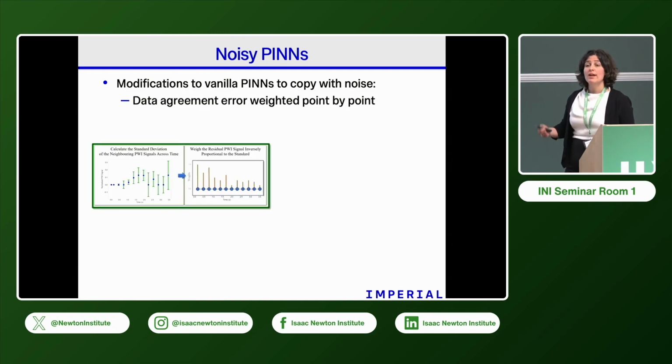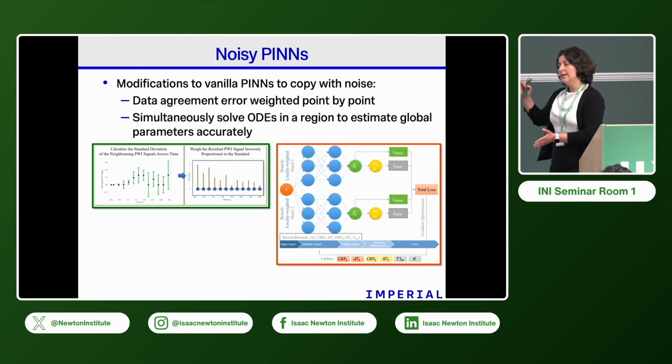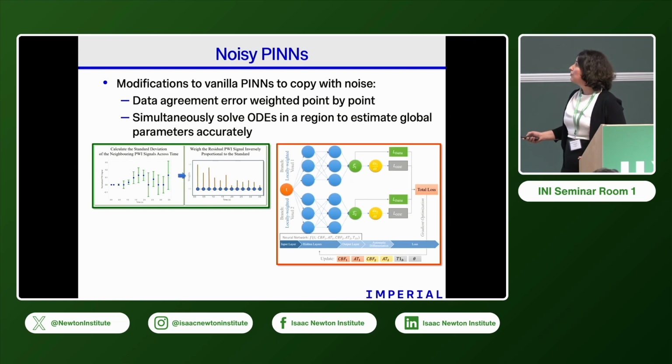We introduced a relative data agreement error, where the noisier points have a lower weight compared to the ones that have less error, and this helped. We also included a multi-branch PINN. So instead of looking at each voxel separately and solving different ODEs for each one of them, we solve them all together. And then we come up with individual parameters for the local variables and the global parameter, taking all